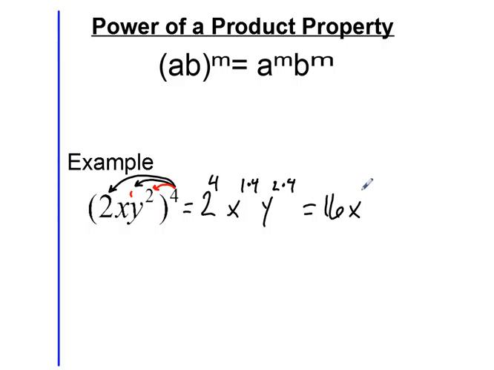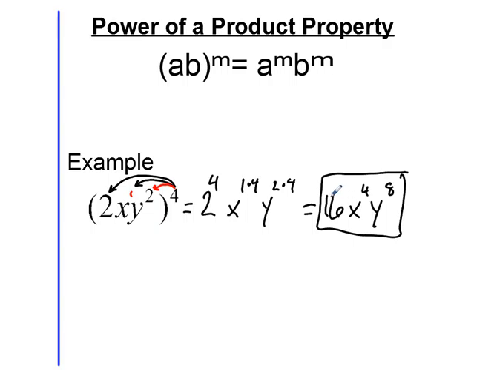X's power is 1 times 4 is 4, and y's power is now 8. Notice that it is not an 8 in the front. A lot of students accidentally do 4 times 2 to the coefficient because they're doing 4 times 2 to the power. So 4 does multiply to the power of 2, making 8, but 4 becomes the exponent for the coefficient 2, which means 2 to the fourth power is